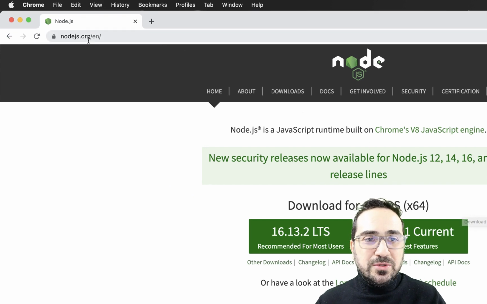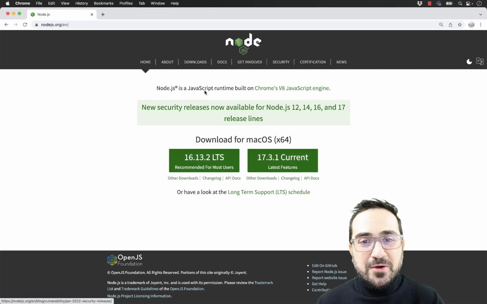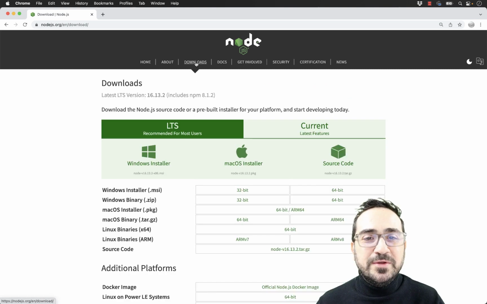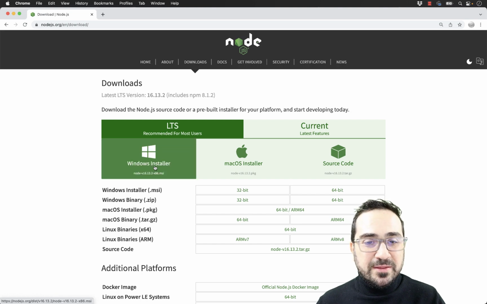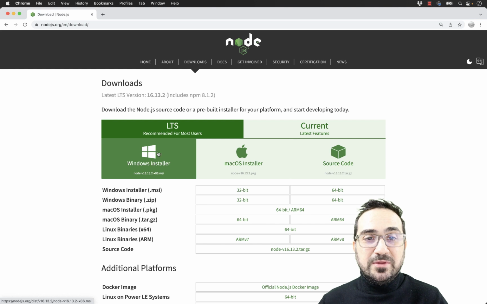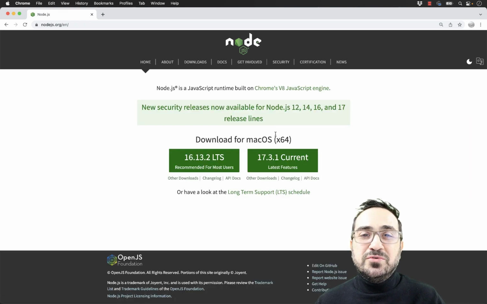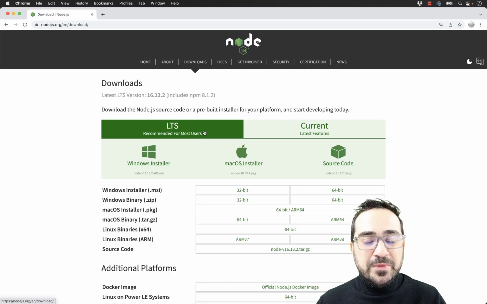Now, go to nodejs.org and download the version for macOS, which is what I use. For you, you can go to the downloads. If you are a Windows user, go to the Windows installer. That would be the latest package that you will have to download. Another thing to know is that new versions of Node.js always come out, so by the time you are watching this, a new version will probably have been released, so that should be fine. In any case, just download the latest version, and everything should be fine.